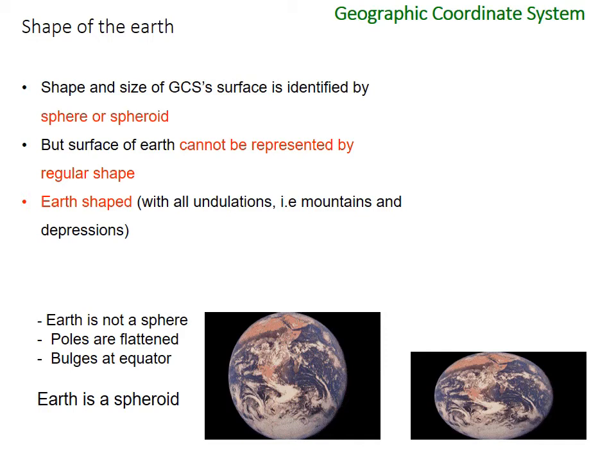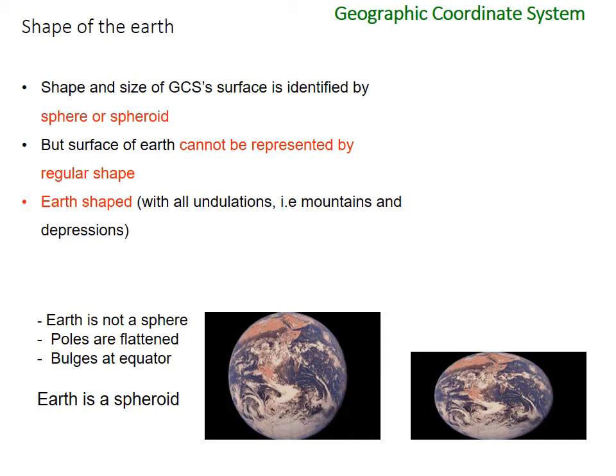However, the surface of the Earth cannot be expressed by any regular geometrical shape. It is Earth-shaped. That is, the Earth as it is with all its undulations, including the mountains and depressions. The Earth is best represented by a spheroid. Although the Earth is best represented by a spheroid, the Earth is sometimes treated as a sphere to make mathematical